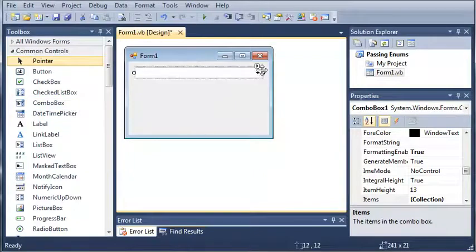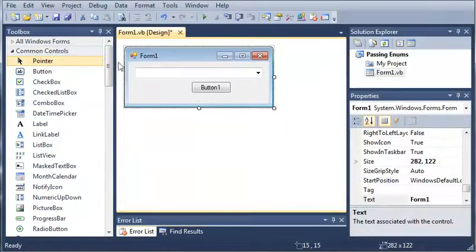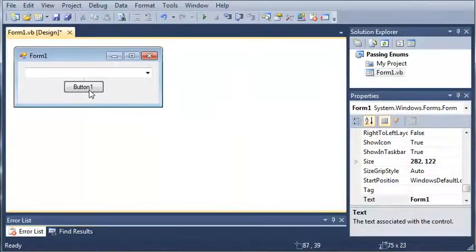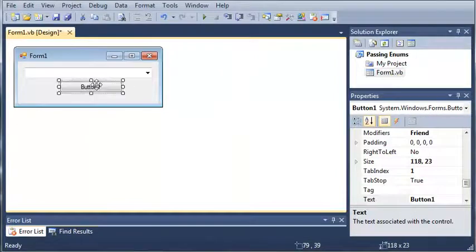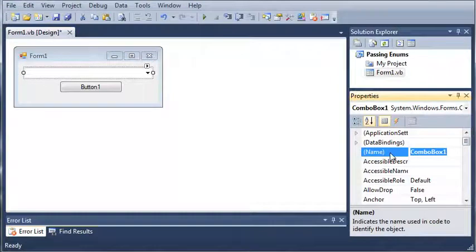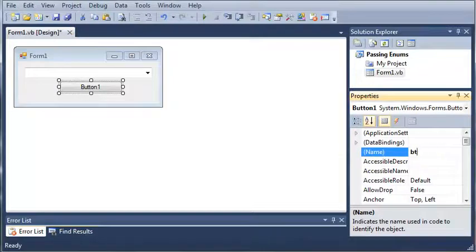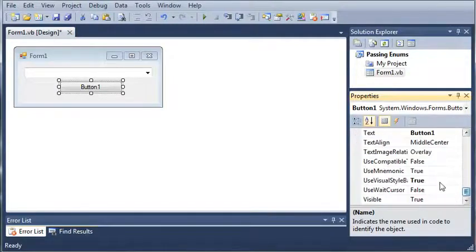So here's our combo box, and we'll add a button. Now we'll shrink this down some, close out of the toolbox, and make the button a little bit bigger. We will set the name of combo box 1 to combo sports, and set the button name to button analyze,